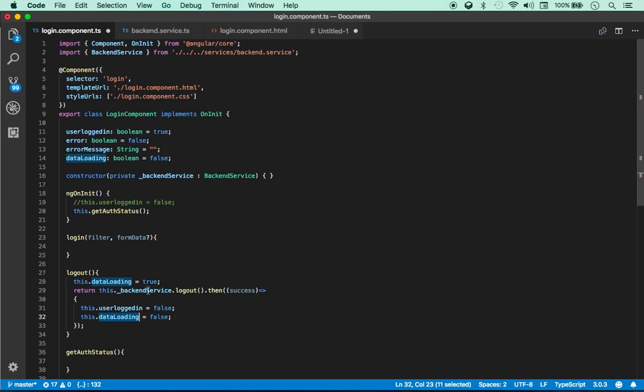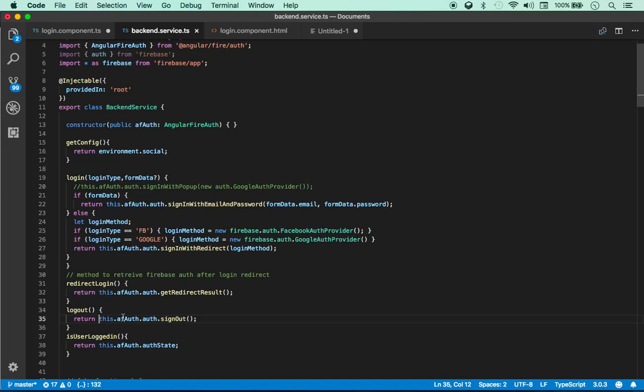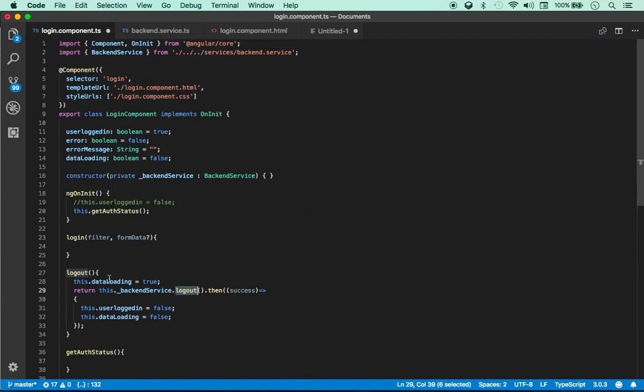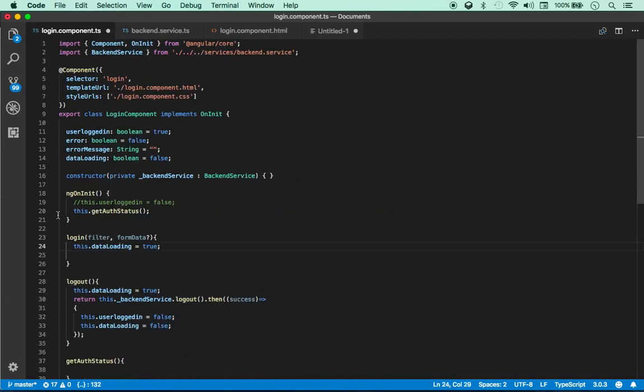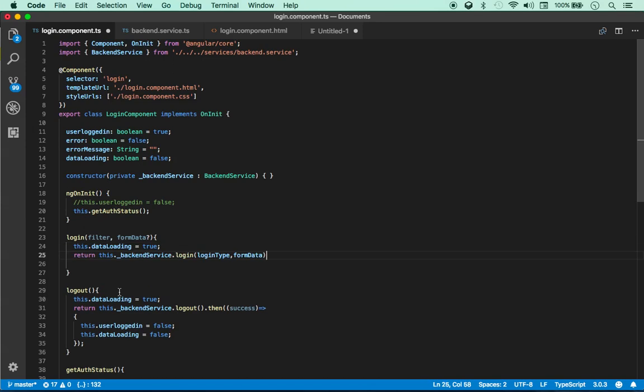All it is doing is logout, and what is logout going to do? Logout is going to say this.afr.signOut. That's pretty much it. Okay. Now let's work on our login. So again, this.dataLoading equals true. I'm going to say return this.backendService.login, and I'm going to pass